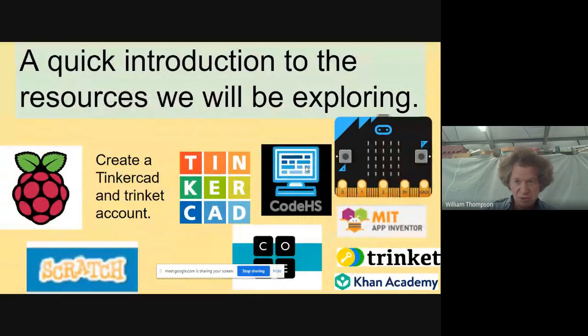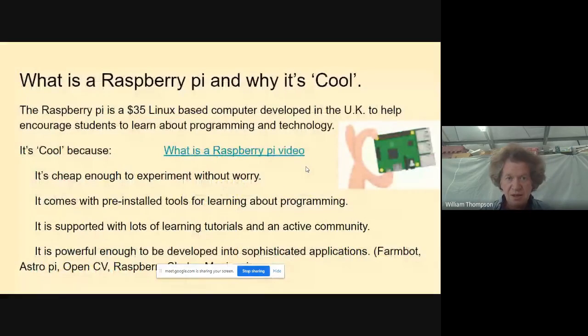Here are some of the resources we'll be exploring, but I'll just keep moving through here. The Raspberry Pi is a cheap educational computer produced in the UK, and I'm not going to go through in as much detail why it's such an awesome device today as I did yesterday, but I do want to mention we're going to spend most of our time today utilizing resources on the Raspberry Pi website that don't require a Raspberry Pi to do them.